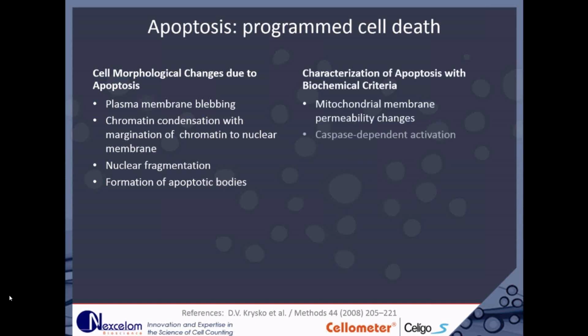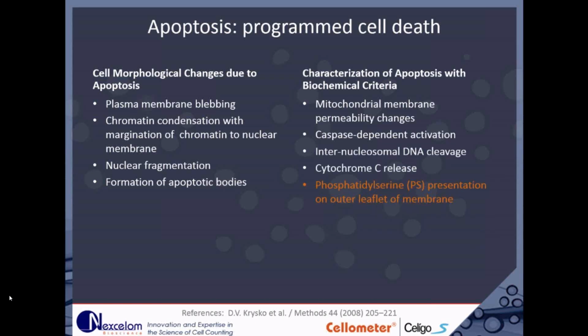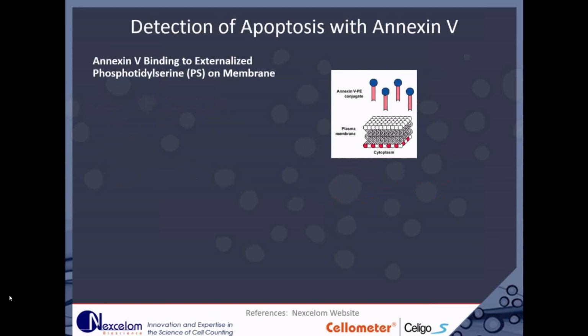Then you can use more biochemical criteria to identify cells going through apoptosis, such as mitochondrial membrane permeability changes, caspase-dependent activation, DNA damage, and cytochrome C. What we're going to look at is the phosphatidylserine membrane exposure, using the Annexin 5 binding externalization